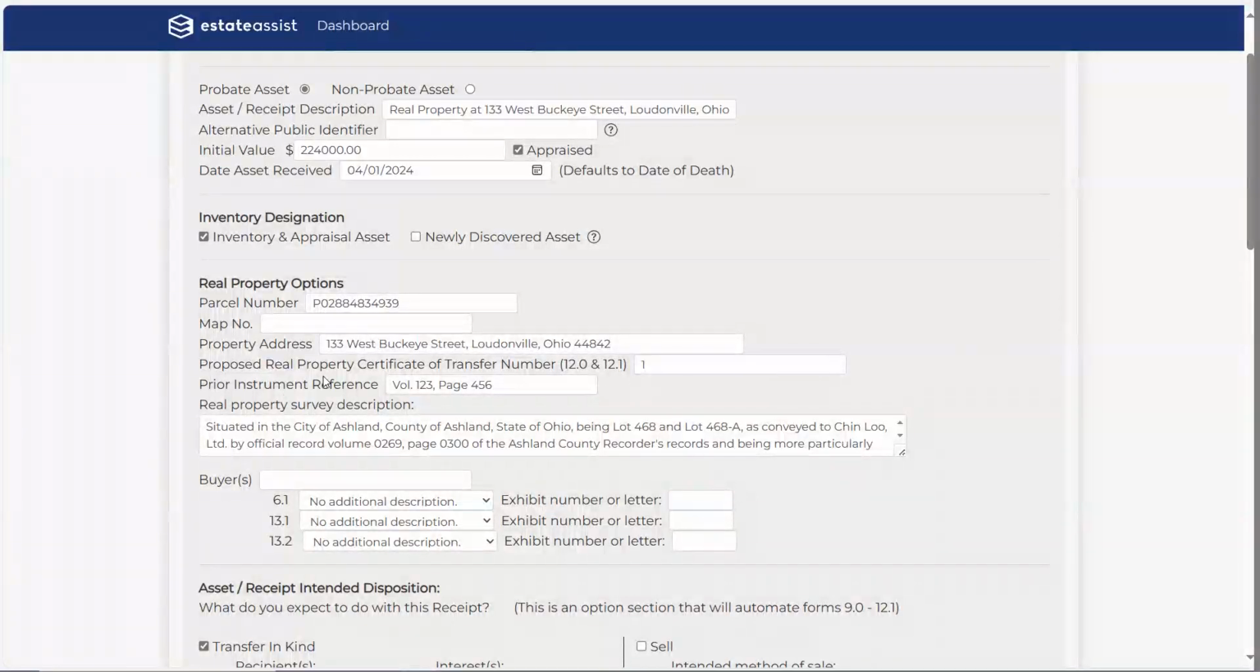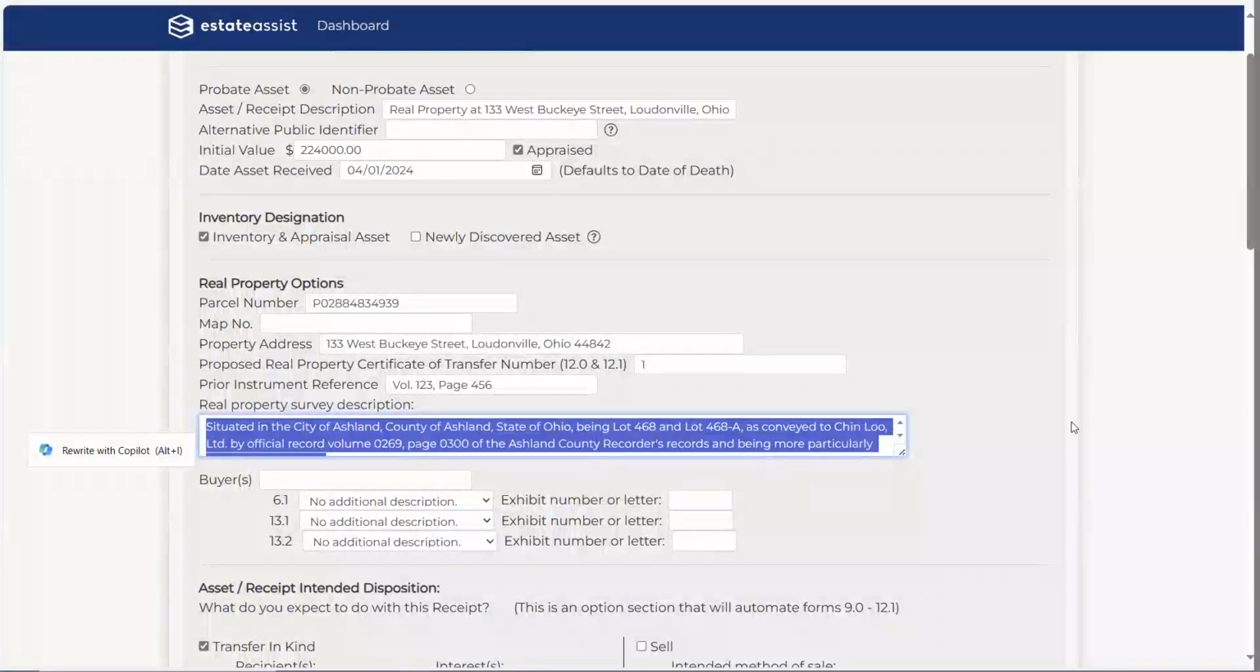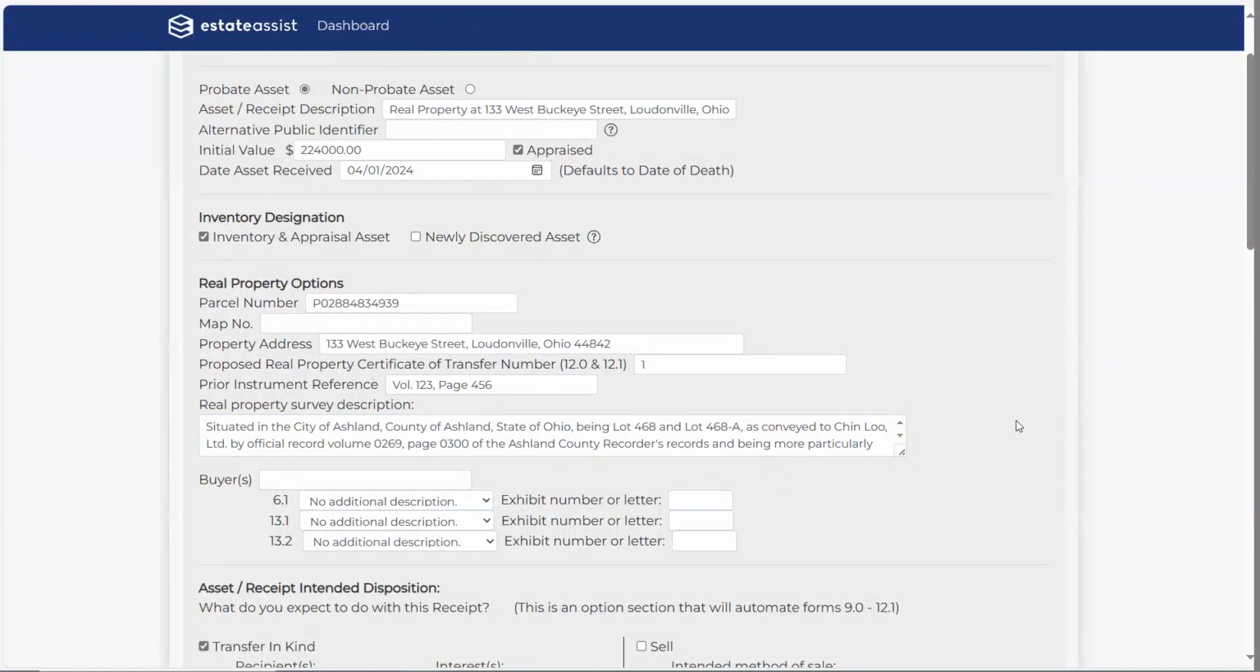Prior instrument reference, we want that to populate on a document. And then, of course, our property description, our survey. Now, on that note, with real estate, we have the ability down here on the 6.1, 13.1, and 13.2 to be more specific about how the real property description shows up on those documents. I know that different courts, different counties, and different law firms have different practices about this. Some people just say the real property at 123 West Main Street, and they leave their pleadings at that. Other people